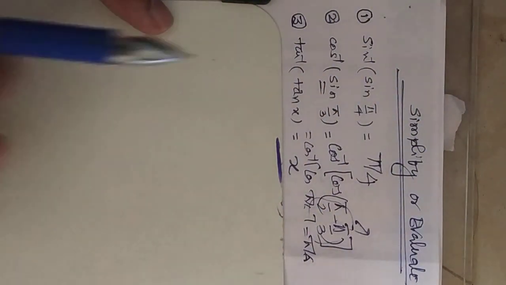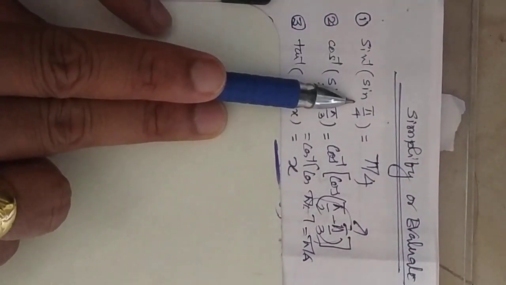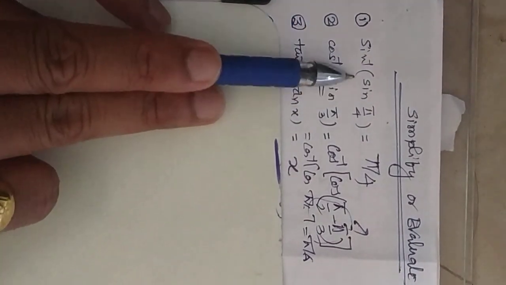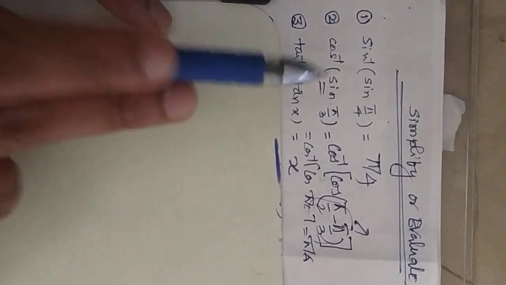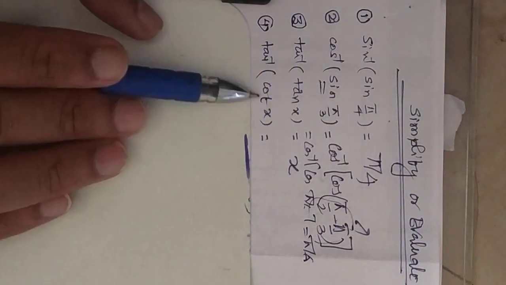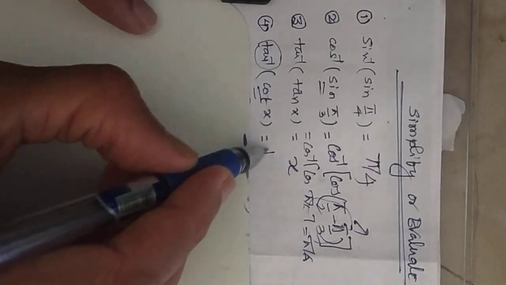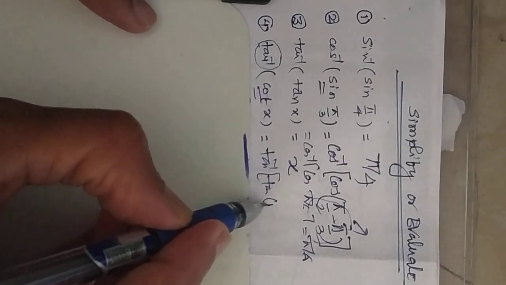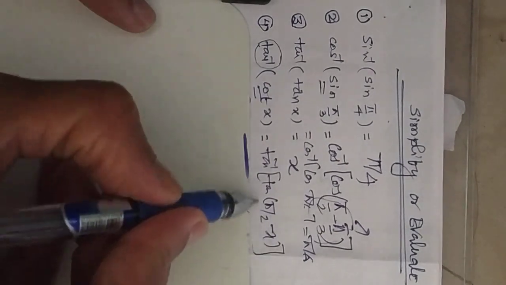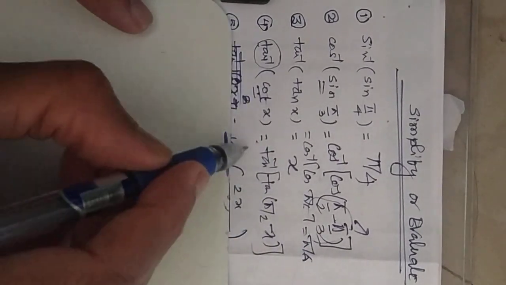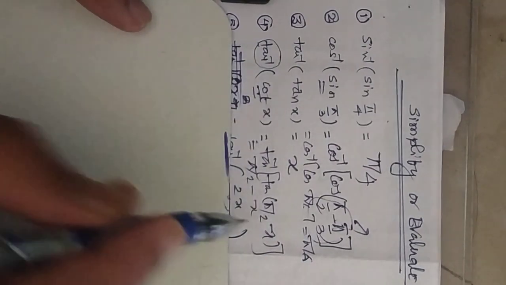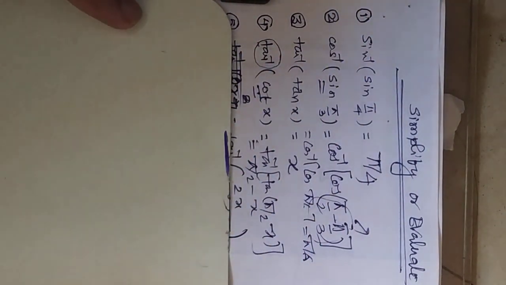So what you should keep in mind in this entire episode? These two you have to make the same. But conversion of this is very difficult, so always try to convert the innermost bracket. For example, tan inverse of cot x. Don't try to invest your time to convert this. It is tan inverse of tan of pi by 2 minus x. Do you know what is tan of pi by 2 minus x? It is cot x. Now tan inverse of tan, so your answer will be pi by 2 minus x. So this is the thought which you should keep in mind while answering the question.